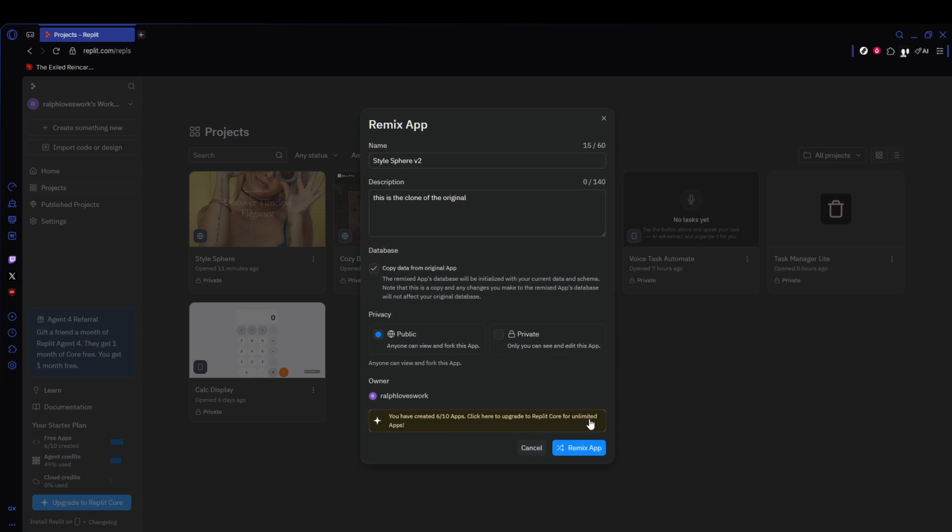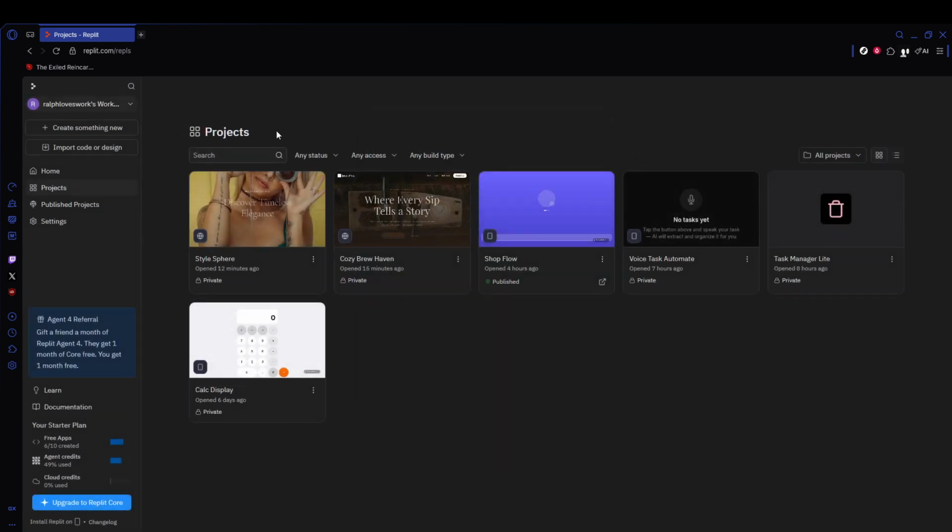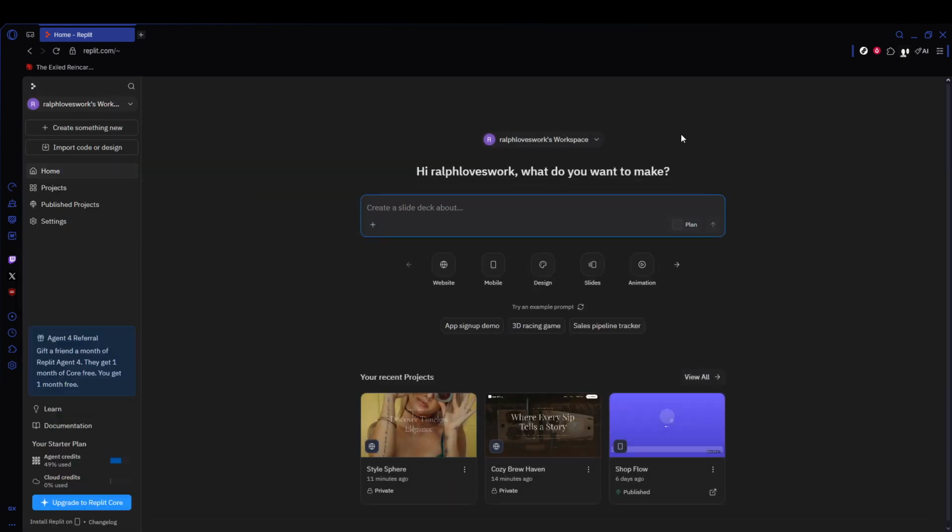Before you confirm, take a moment to consider your plan's project limits, especially if you're on the free tier. If you're near the limit, you may want to archive or delete older projects you no longer need, or upgrade your plan to unlock more capacity. Once you proceed, Replit will